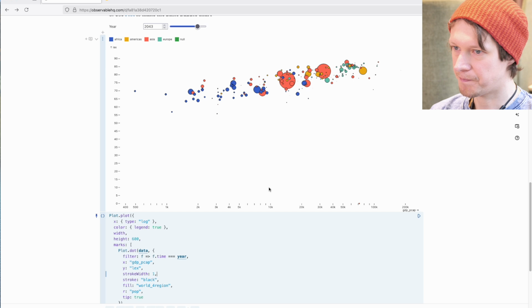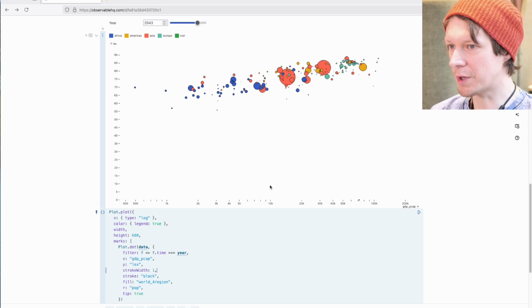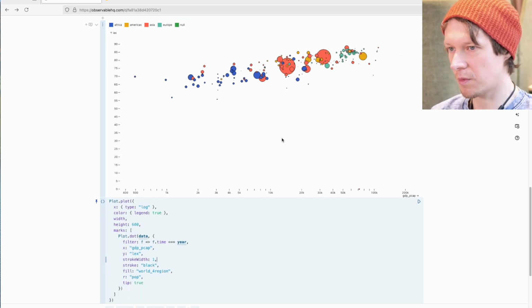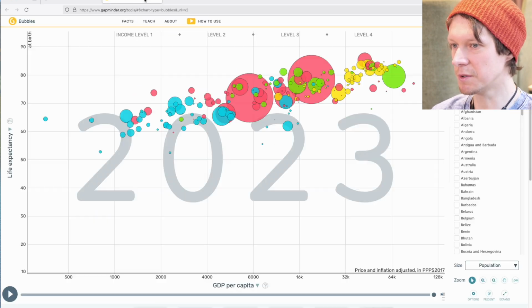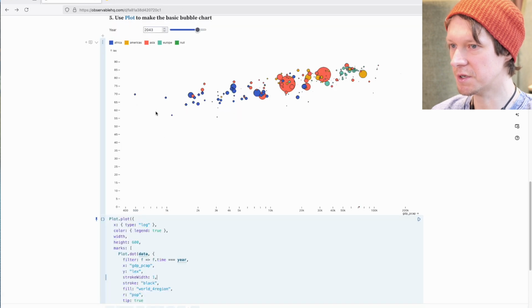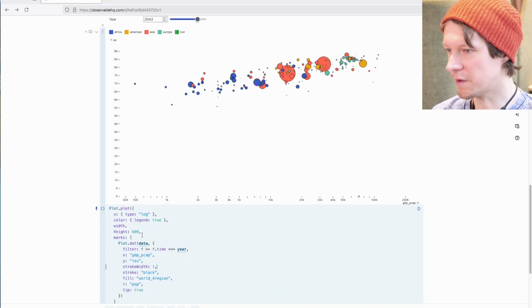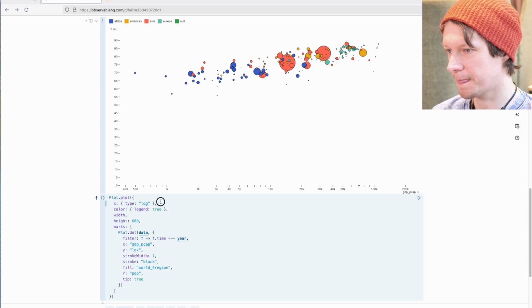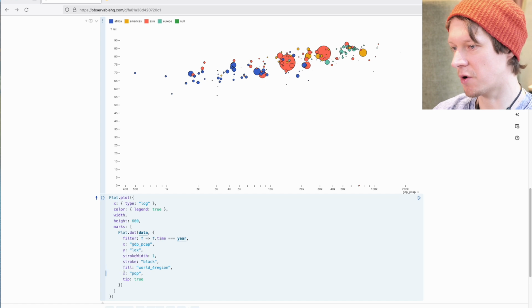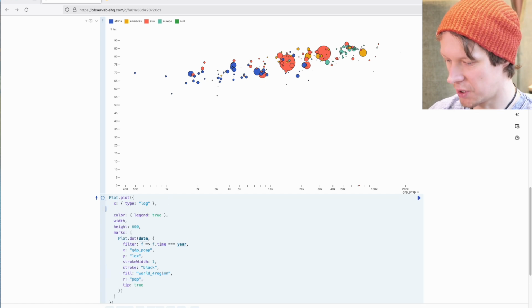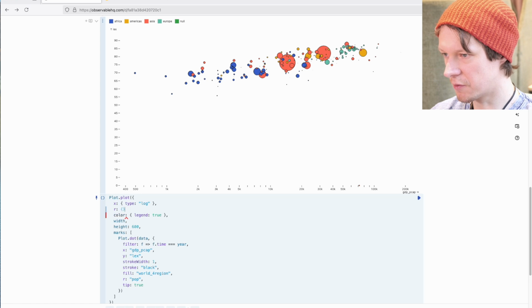At the next stage, what we want to do, let's increase the bubble sizes so that the bigger bubbles are also bigger, like in this chart. To do that, we need to start providing configurations for encodings, and our size encoding here is called R. It's for radius. So for R we want to add a configuration, and the part of the configuration we'll